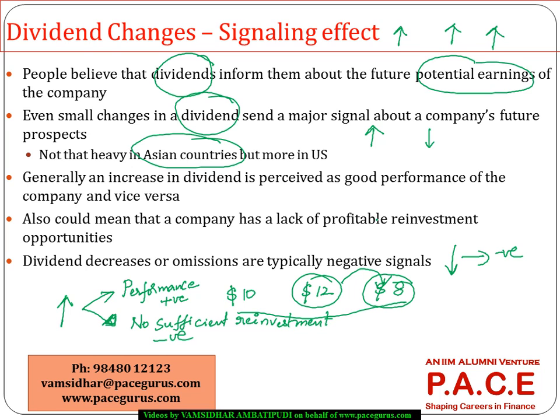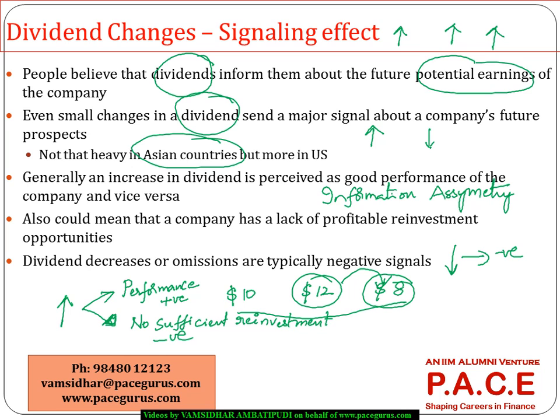So companies have to be very careful while playing around with their dividend policies, because there is a lot of information asymmetry. We have discussed this earlier also. The managers versus the shareholders, the access to information for them is completely different. The shareholders have invested, but they are not a part of the day-to-day operations of the company. So there is the possibility of big information asymmetry.